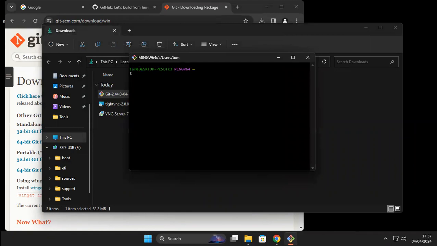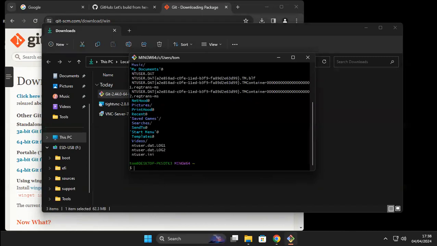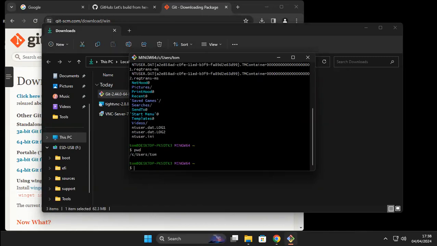It shows a Unix-looking type prompt that tells you where you are. At the moment, we're in tilde, which is the home folder. And you can run different things like ls to list directories, pwd to tell you what directory you're in, and so on and so forth. But this concludes installing Git Bash